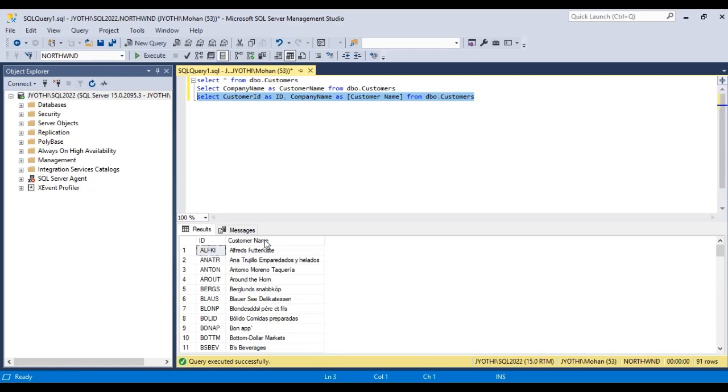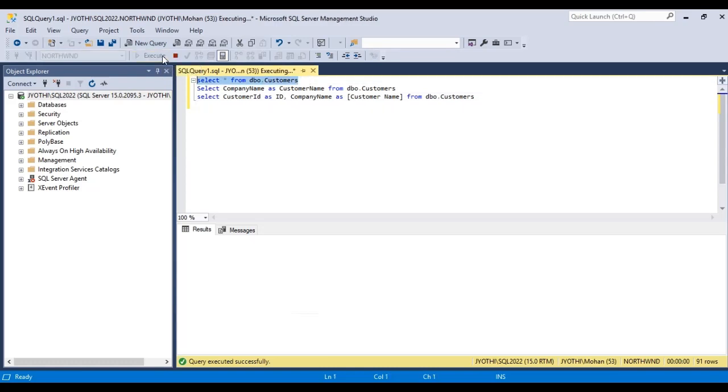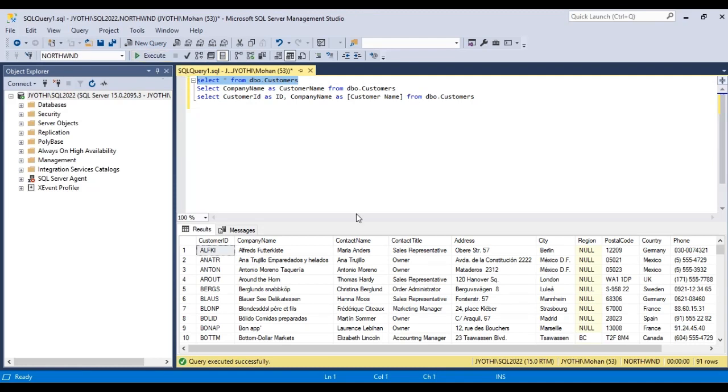So let us see another example. If you want to combine columns, here I will combine the address, city and country columns, and add these three into a single column separated by commas.